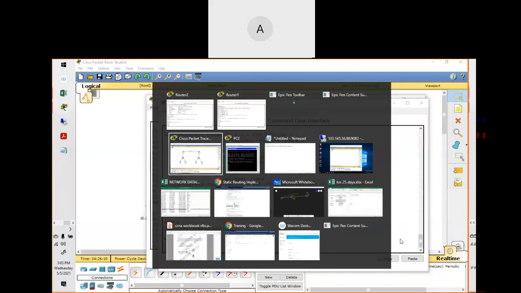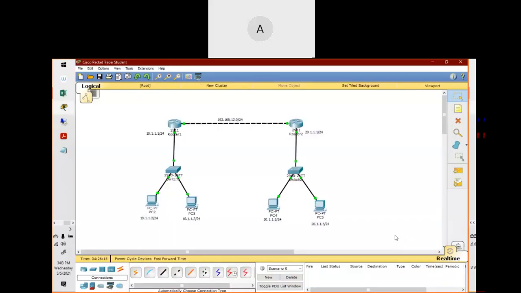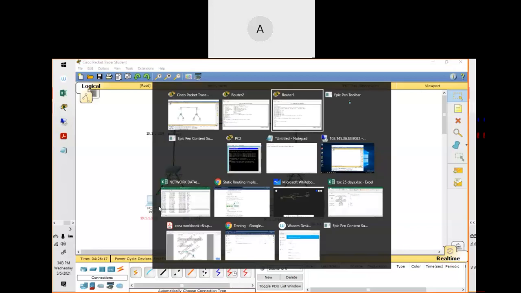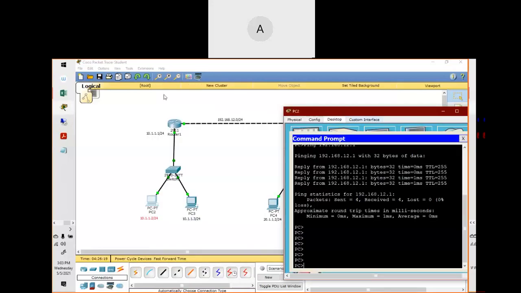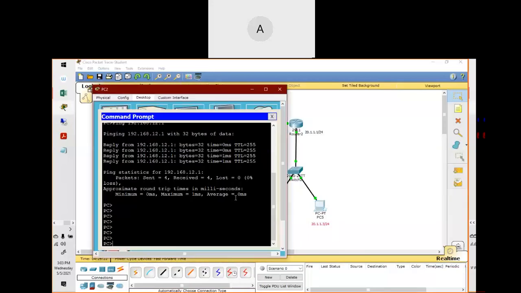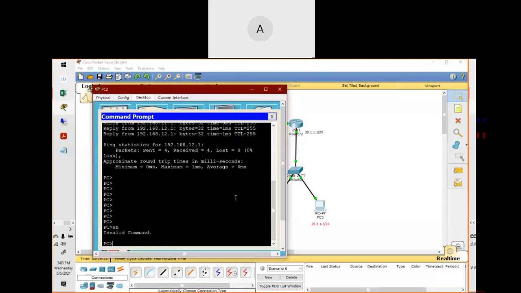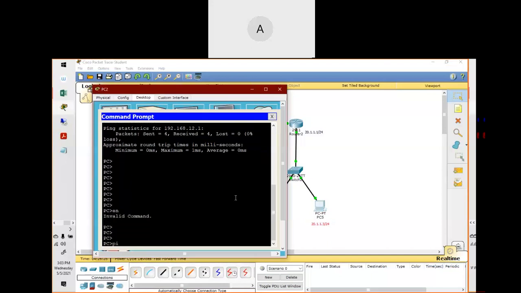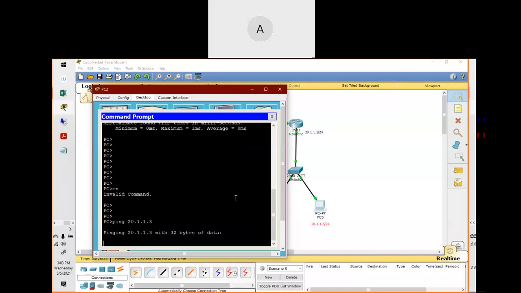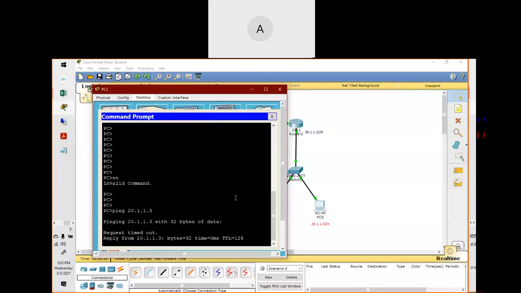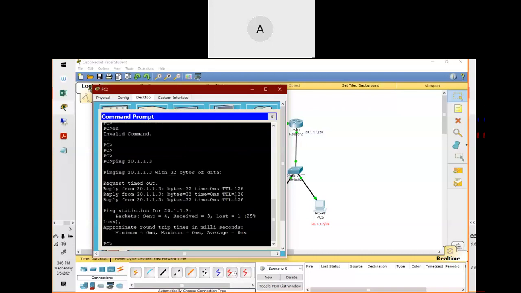Now let me move back to PC2, and let me try to ping the other LAN, which is 20.3. Working? Yes.